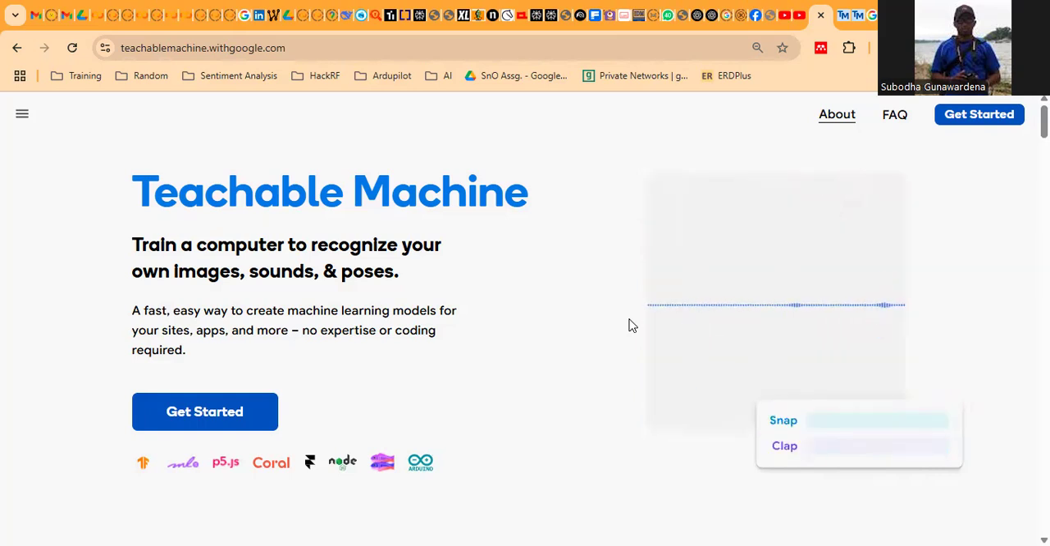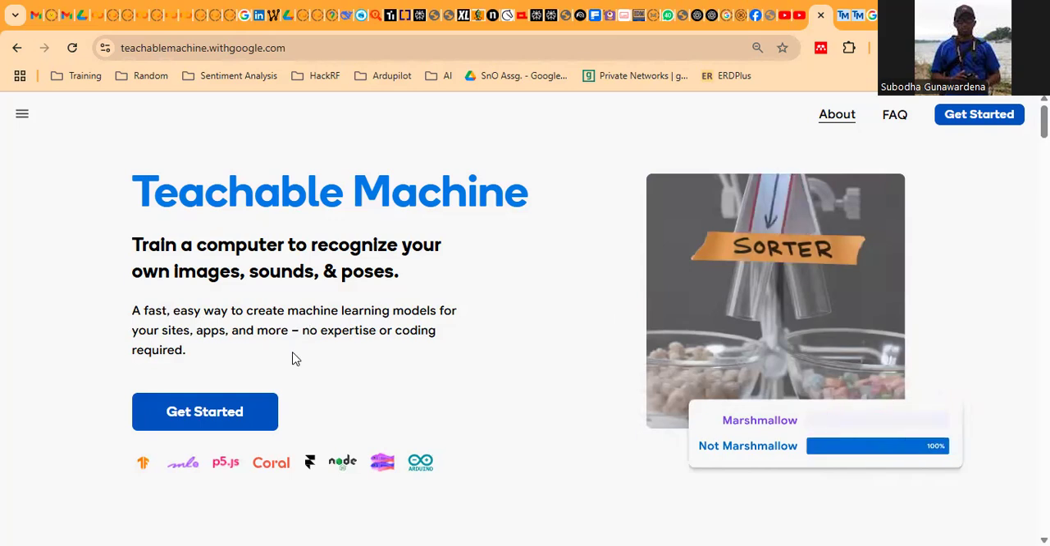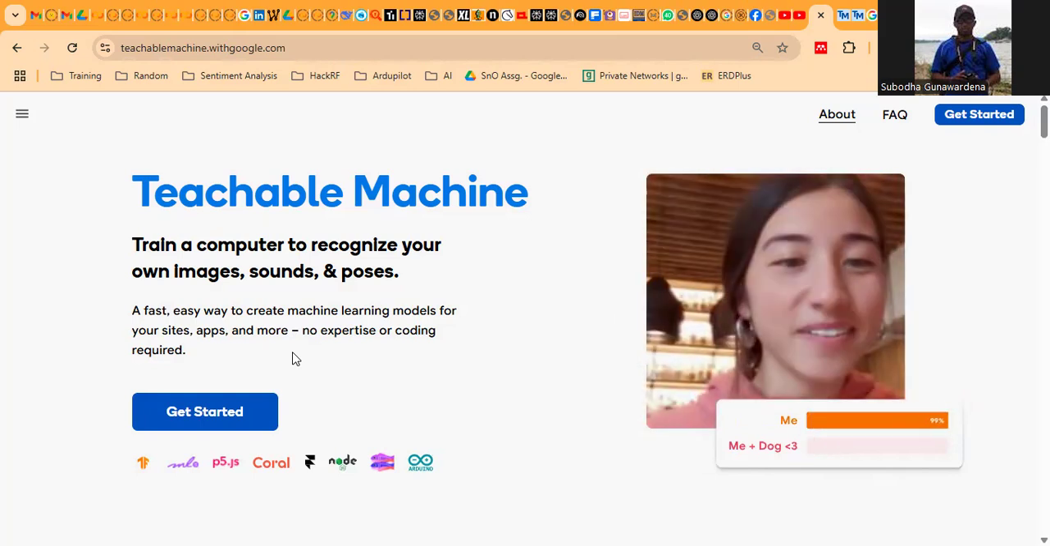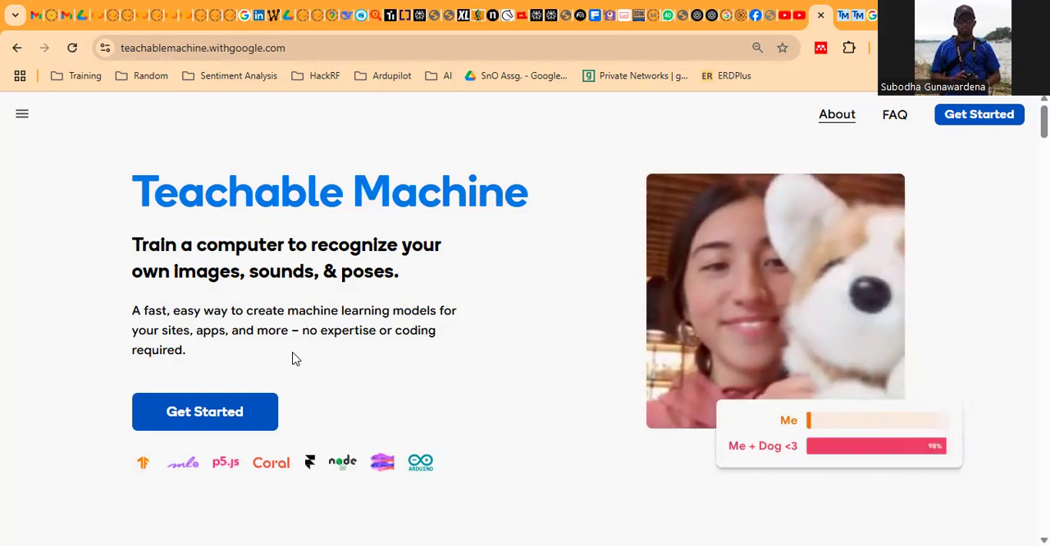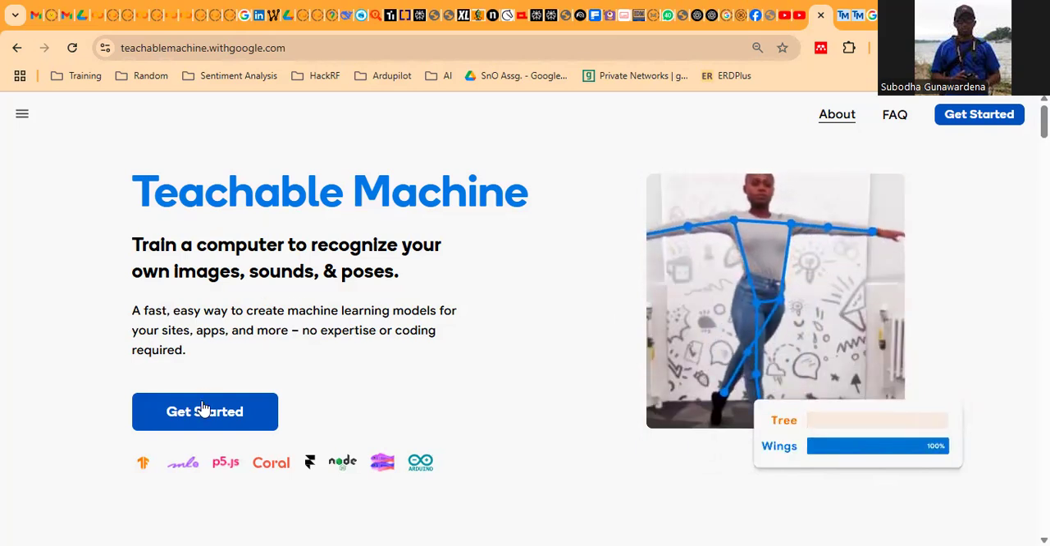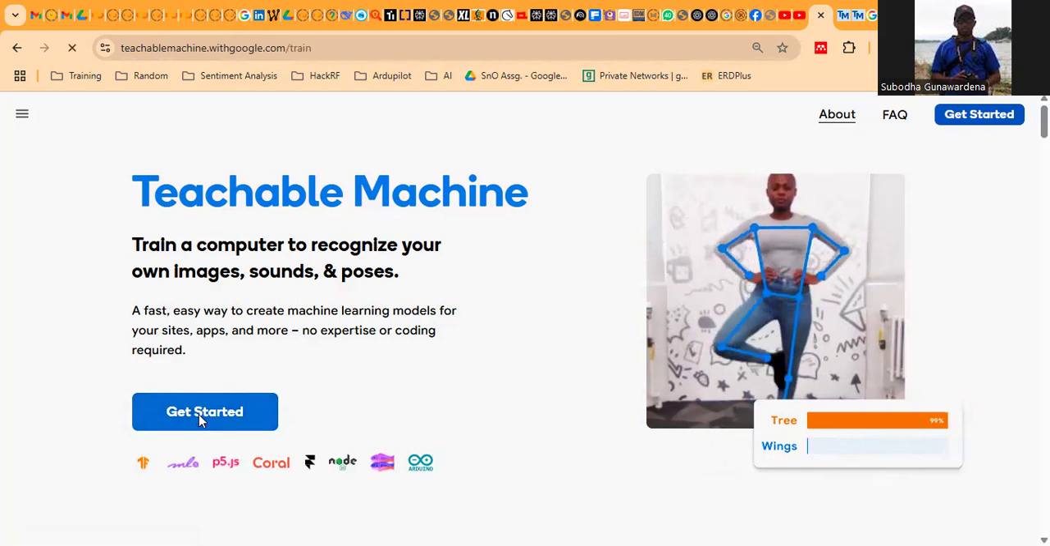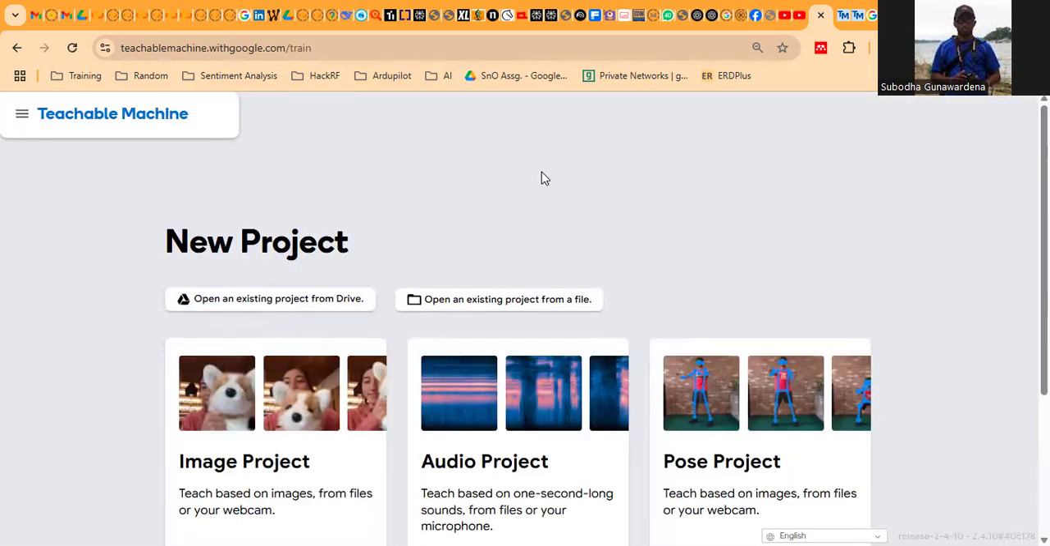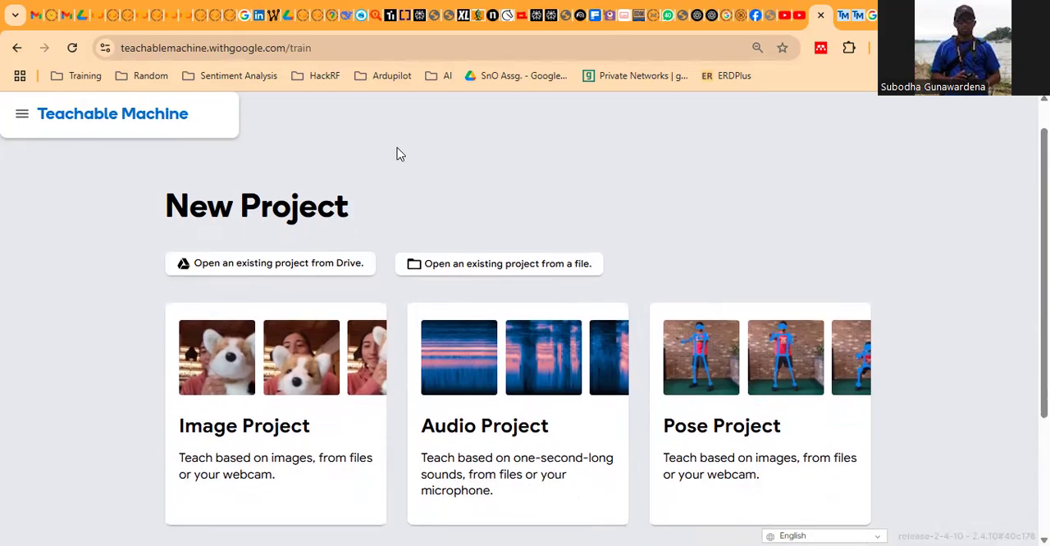platforms. So in this Teachable Machine, we just have to type teachablemachine.withgoogle.com in our browser, and then it will get you to this particular home screen. In this home screen, it will ask you to get started. Once you go to get started, it will ask you to create a new project or to open up a previous project. As we are going to start a new project, I will select a new